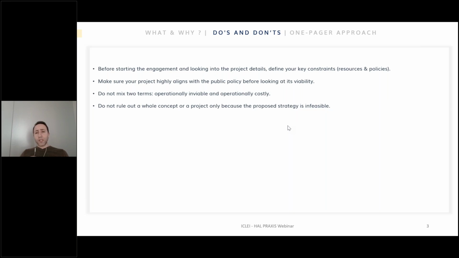Do not rule out a project if the strategy is not right. What do I mean by that? Now, when you are developing a feasibility study, you develop it based on a certain strategy. You say, okay, guys, we're going to do phase 1 like this, phase 2 like this, and